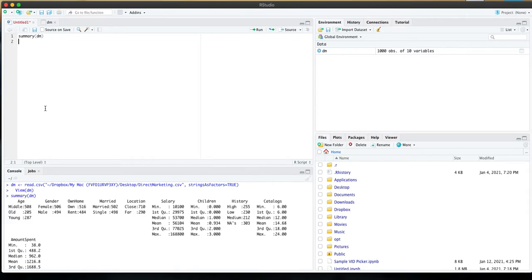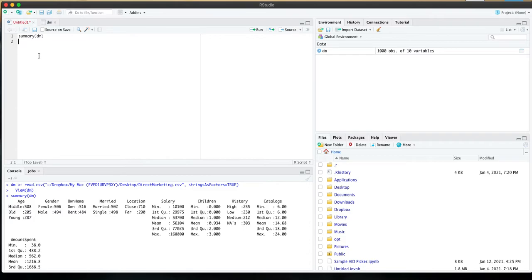Now, besides that, I would like to show you one important thing here, which is children. Though children is stored as numbers 1, 2, 3, 4, 5, 6, it cannot be coded as a number because there is nothing called 0.934 children. So children should be a grouping variable where, although it is stored as numbers, we should use 1 as a group, 2 as a group, 3 as a group, because we want to see how many customers have 1 child, how many have 2 children, how many have 3 children. So in order to fix that, what we can do is, first of all, we